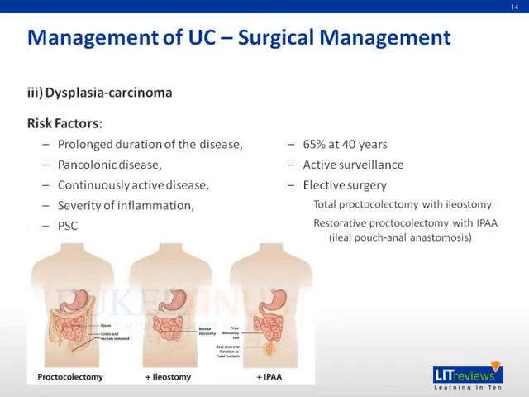The rationale in the surgery is to remove the diseased portion of the colon, as well as the rest of the large bowel, as the remaining colon still poses a risk for further ulcerative colitis relapses, and more importantly, a risk of malignant transformation. Total proctocolectomy with ileostomy is one surgical option whereby the entirety of the colon and rectum are removed, and the patient's fecal content is brought out through the ileostomy.